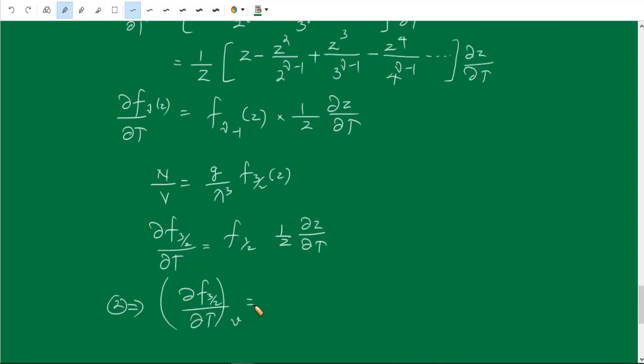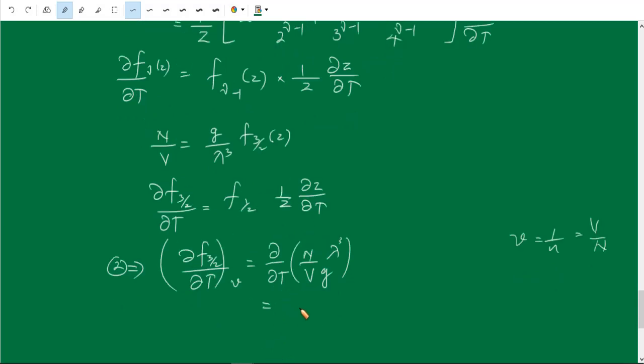Okay, constant V. Small v is V by N, which is the volume per particle. Okay, so here we can write this thing as volume per particle, which means this is constant. So N by V is constant, so V by N is also constant. So we can take this thing as only g is also constant, lambda cube. So this can be written as dou by dou T of N by V. So N by V is constant, because V is constant, g is constant. Therefore this lambda cube